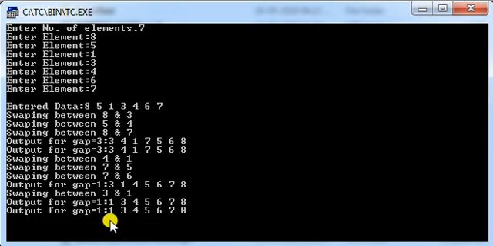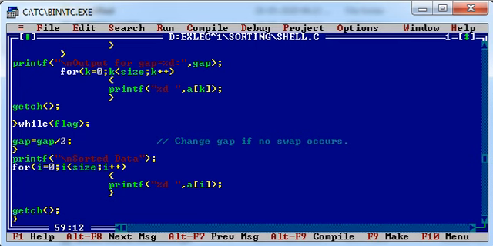So now gap will become 1 divided by 2. So it will be 0.5, and 0.5 will be considered as 0. And as you can see over here, our data is already in sorted order, right? So this is our sorted data: 1, 3, 4, 5, 6, 7 and 8.